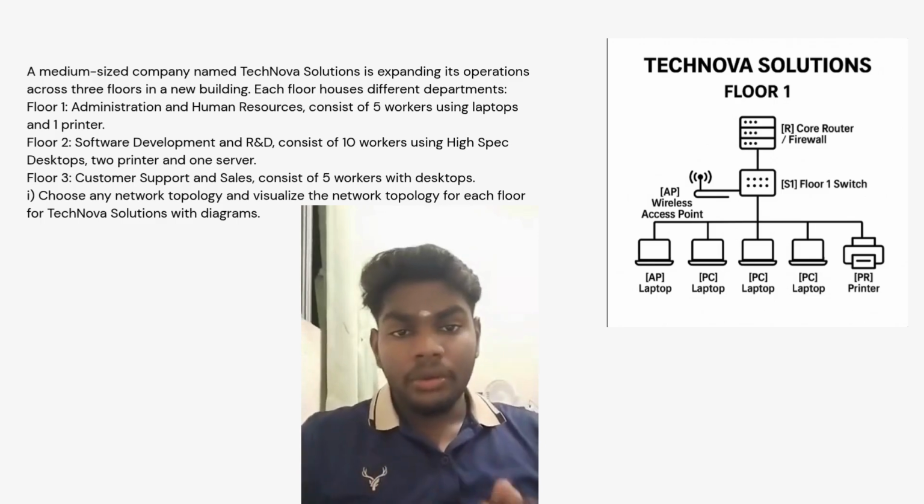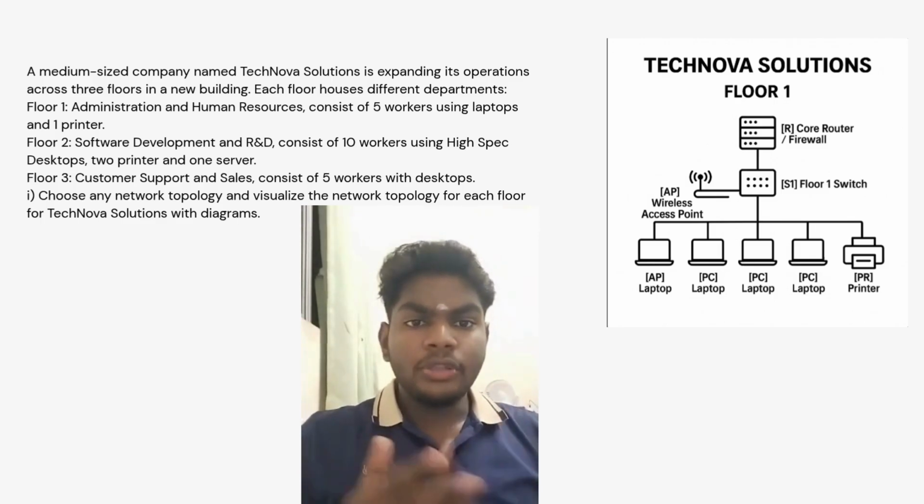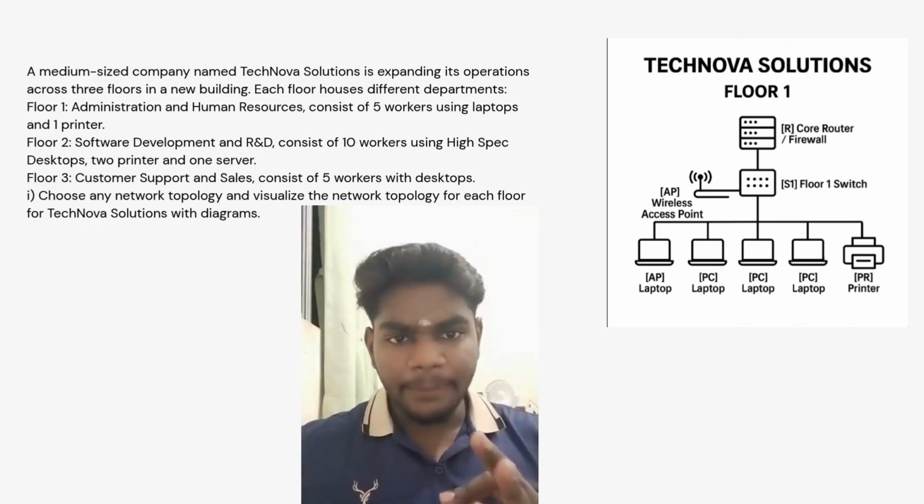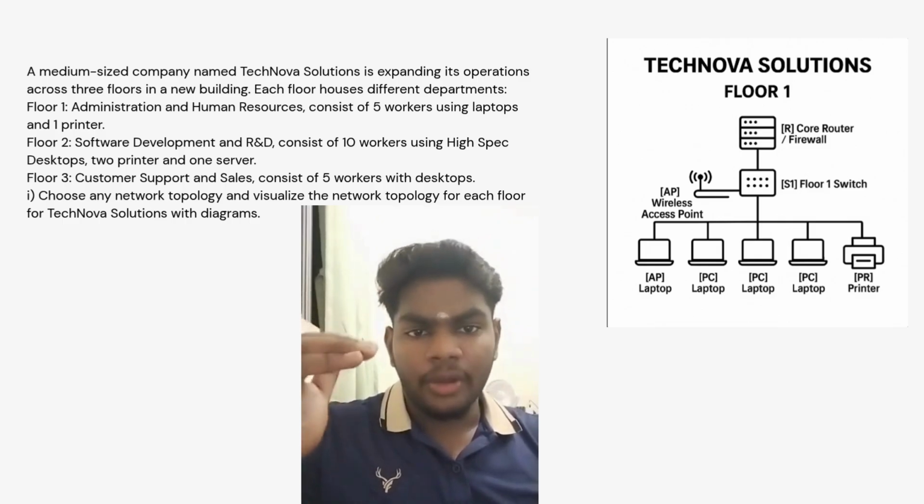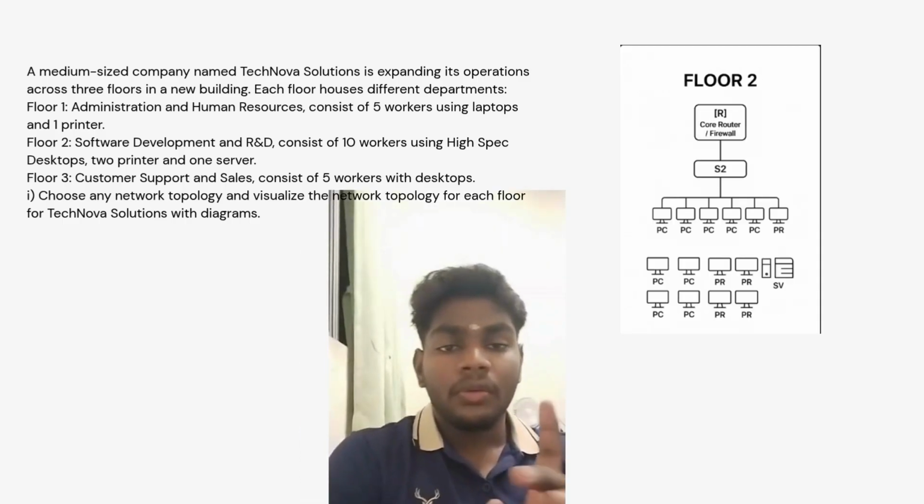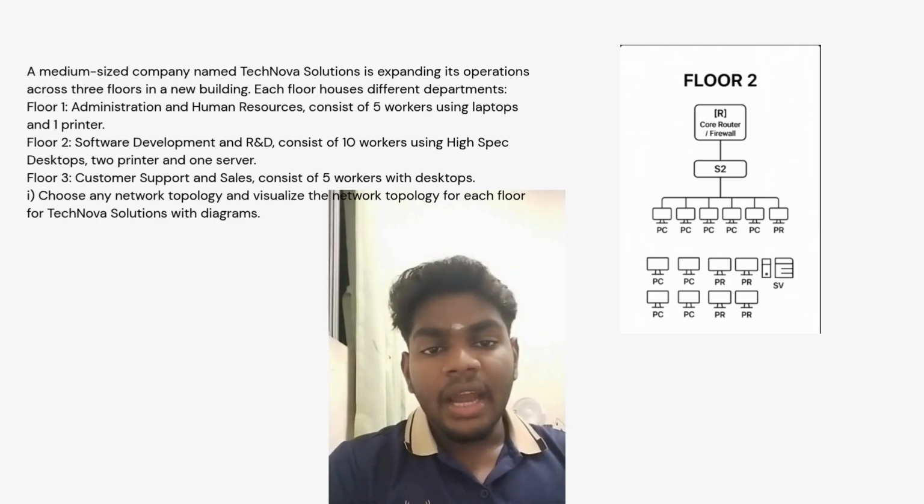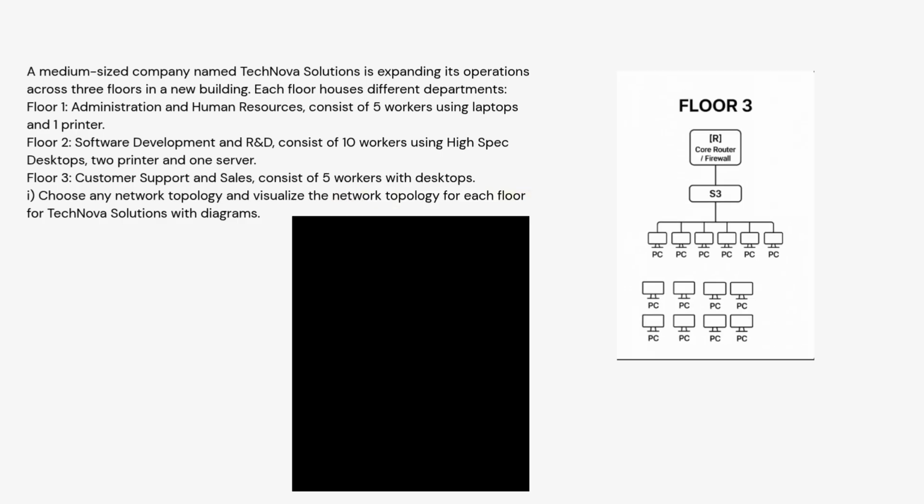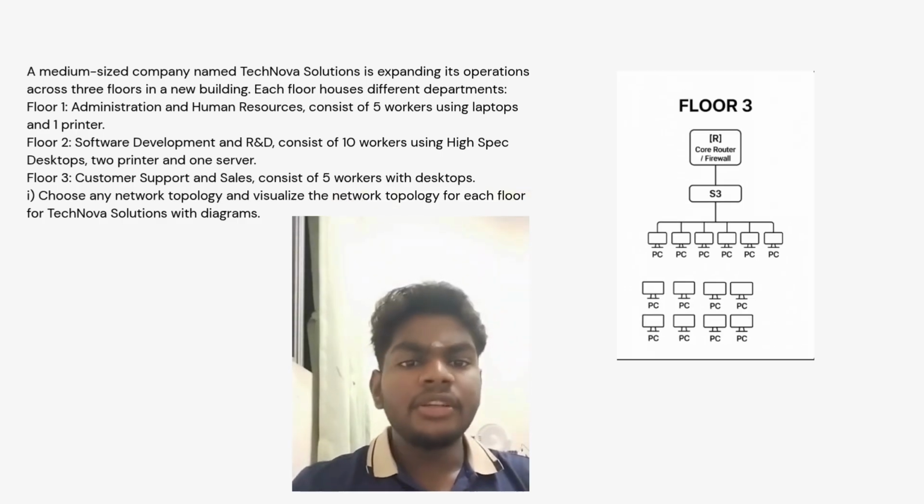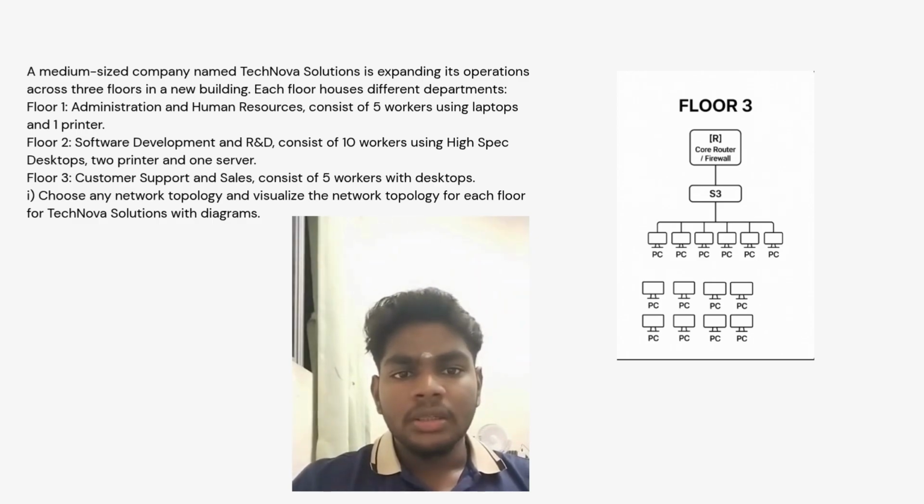Okay. For floor 1, we use one access point, 3 PCs, and one printer below the core router firewall. For floor 2, we need 5 PCs and one printer below the firewall. For floor 3, we use 6 PCs below